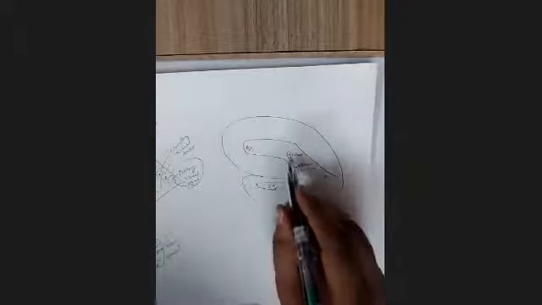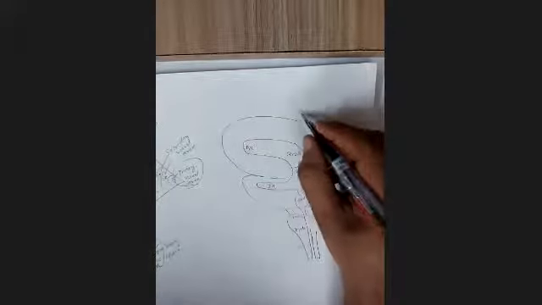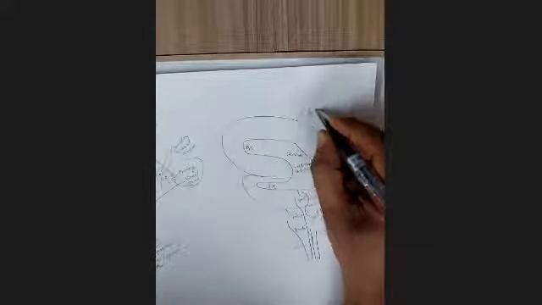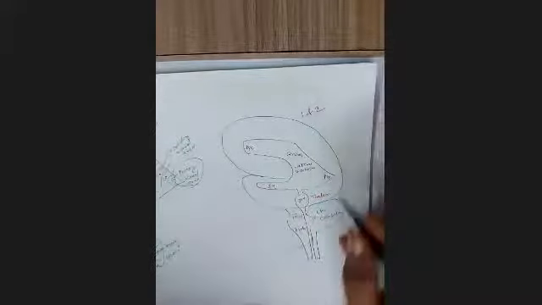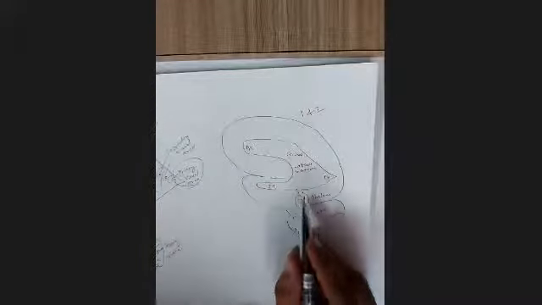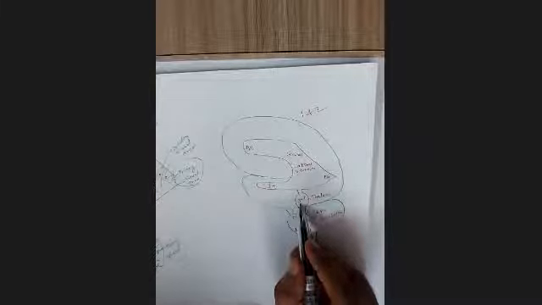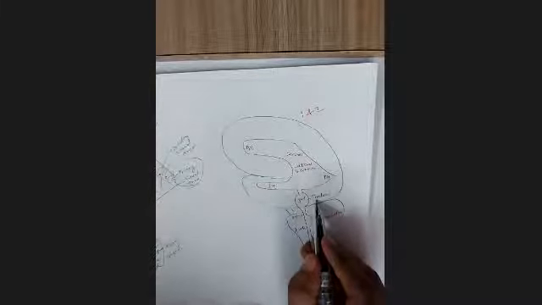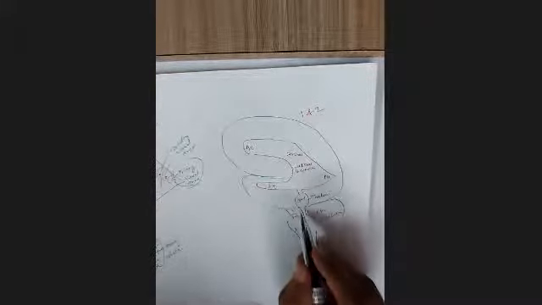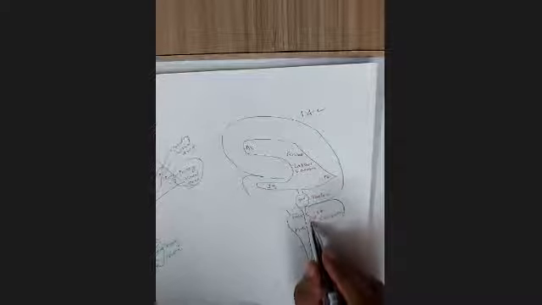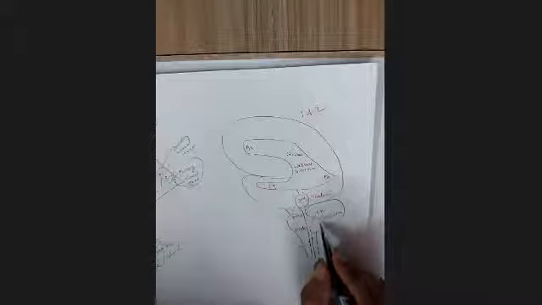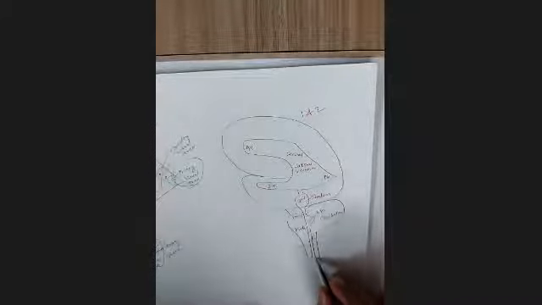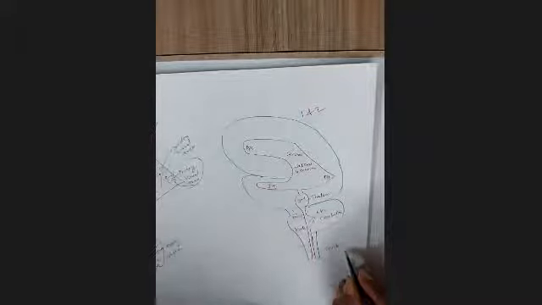So these two lateral ventricles in the two hemispheres, this is 1 and 2. Through the foramen of Monro, it opens into the third ventricle. The third ventricle lies between the two thalami. Through the aqueduct of Sylvius, it is connected to the fourth ventricle. The fourth ventricle lies between pons and medulla anteriorly, and cerebellum posteriorly. And then this continues down as the central canal of the spinal cord.